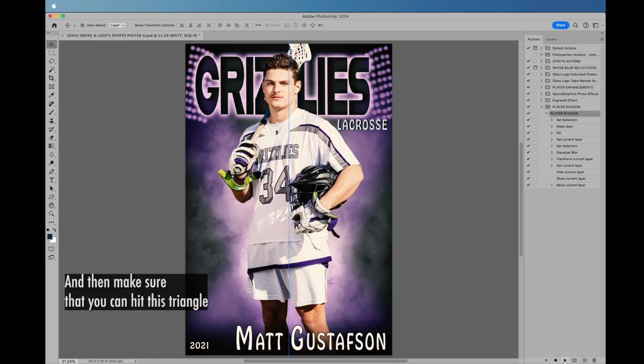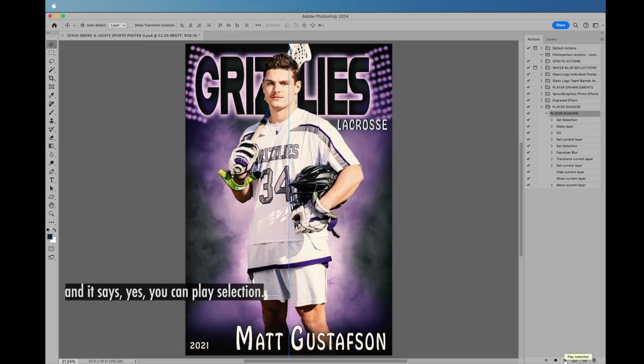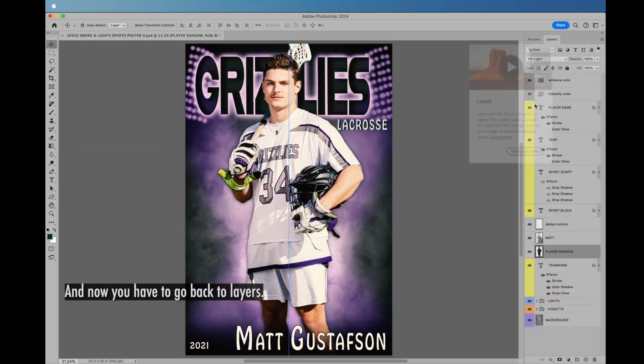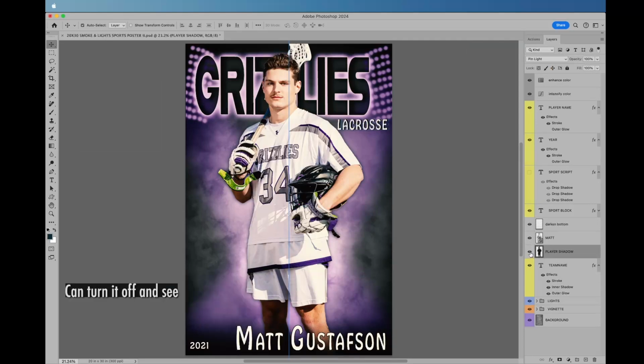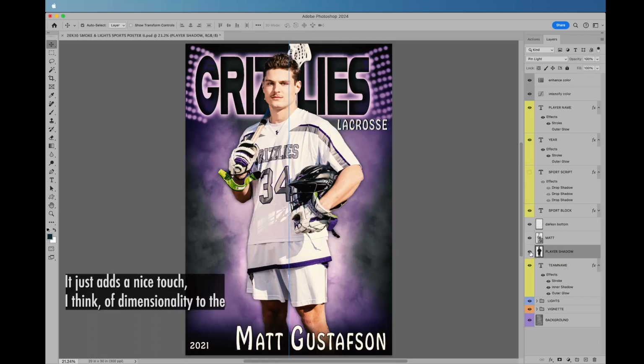Then hit this triangle, play selection. There it goes. Now go back to layers, and here's your player shadow based on the shape of your player image. You can turn it off and see it with it off, and then with it on. It just adds a nice touch, I think, of dimensionality